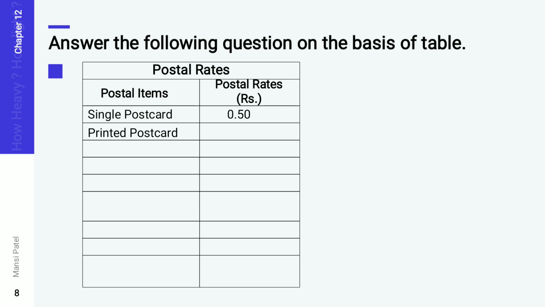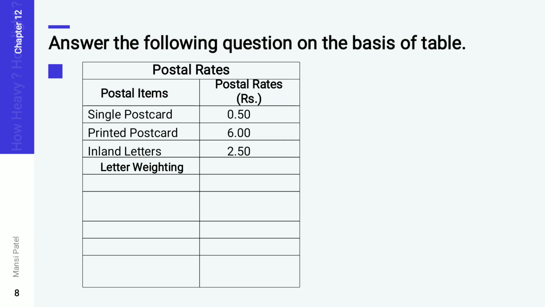If you purchase a printed postcard, then what is the cost for it? The cost for the printed postcard is 6 rupees and 00 paise. Then, if you purchase inland letters from the post office, the cost of one inland letter is 2.50. 2.50 means 2 rupees and 50 paise. Now here,